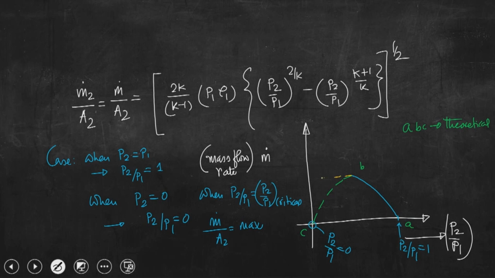So, this is the m dot maximum. This point B is P2 by P1 critical, right. So, a nozzle has reached the critical condition. A further reduction in pressure at the exit needs to be sensed by the inlet section to increase the flow rate, but that information has to be carried